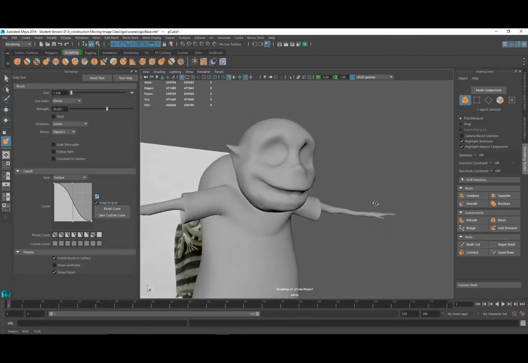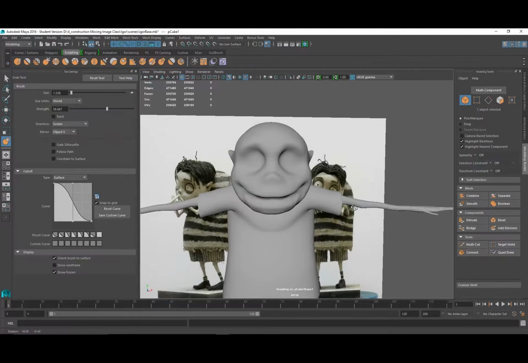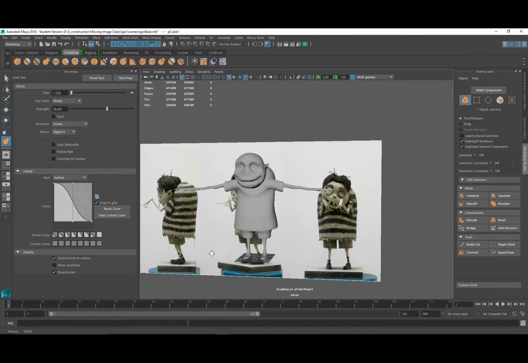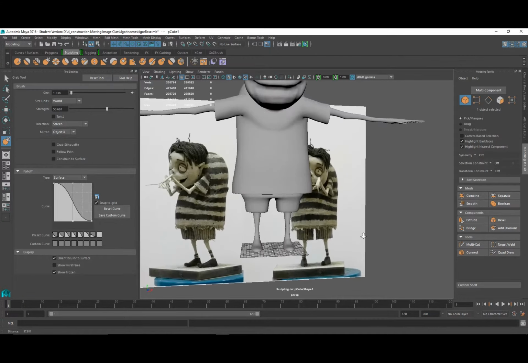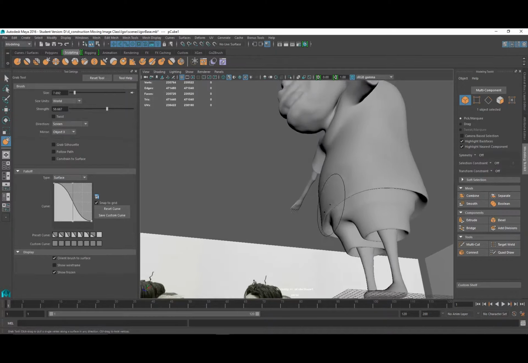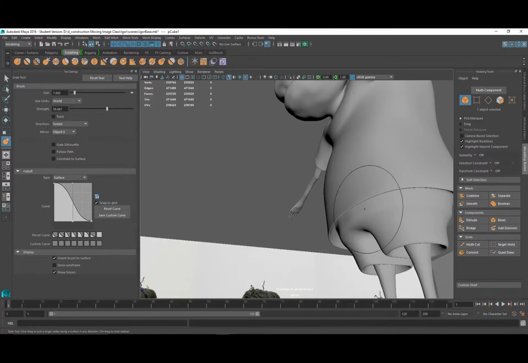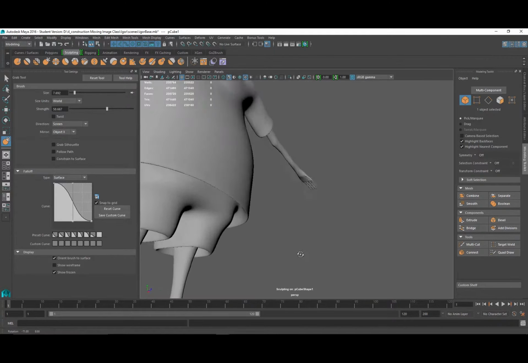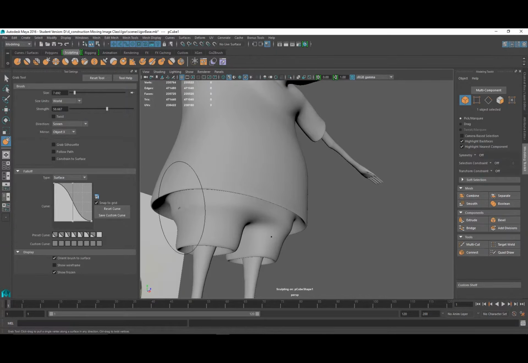Alright, so we've got his head pretty shaped. We can worry about modeling the hair after the fact, and so he's got this weirdness in his shorts we can fix real quick. Make the brush a little bigger. Just pull out and then push. Smooth. Not sure how that got introduced, but